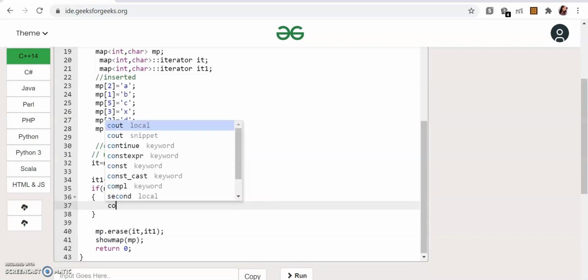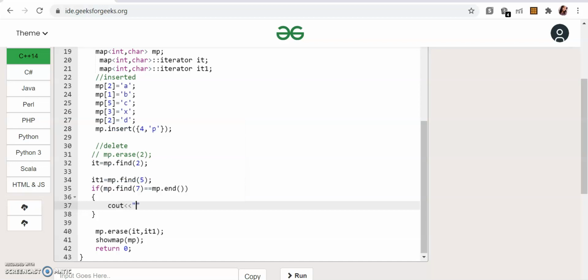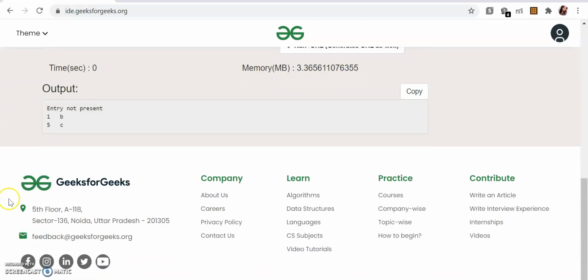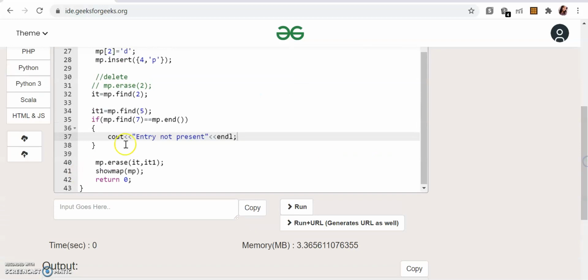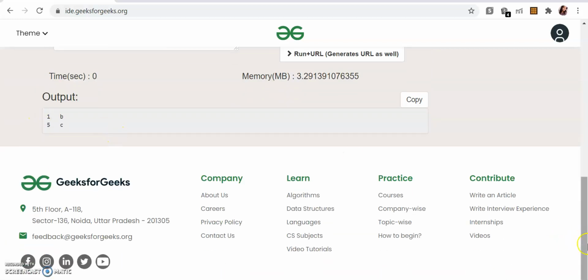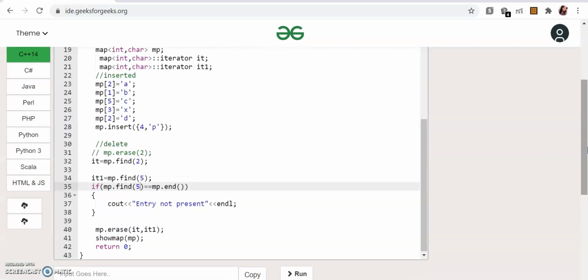So it should give us entry not present. Now let's just run this. See, this is not present, so it will give you the output. If I try it for 5, it should not print anything because we have not added any else condition.